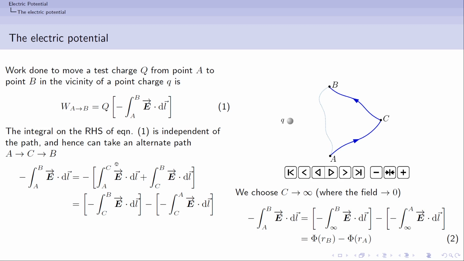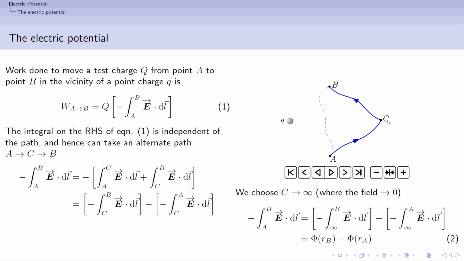Now this integration from A to C, I could just reverse the direction. Suppose I were integrating from C to A, then that is only going to contribute an extra minus term, again because the electric field is a conservative field. Here the lower limit was A and the upper limit was C. Now the lower limit is C and the upper limit is A. So if we swap the upper and lower limits like this, it is only going to give us an extra minus sign. So we have this integral minus this integral.